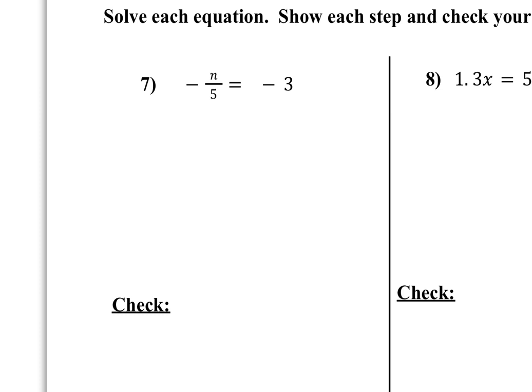Now, with your negative signs, you can have your negative sign up here with your n and read it as -n divided by 5, or you can have that negative down below as well and read it as n divided by -5. Or out here like it had it. So sometimes you'll see that negative in multiple locations. Now, I'm moving it down to my number because it's going to actually give me my answer in 1 step